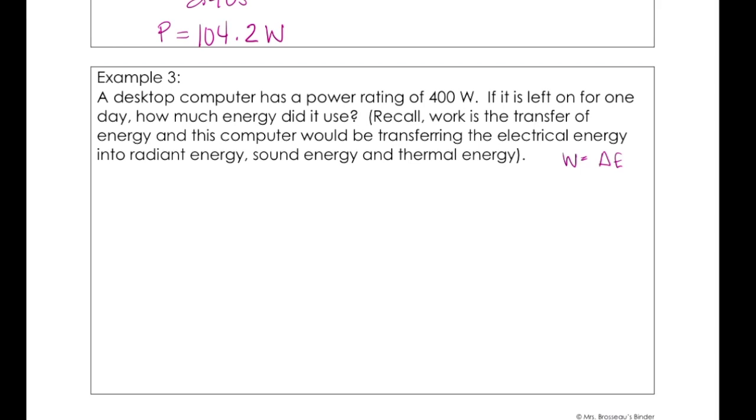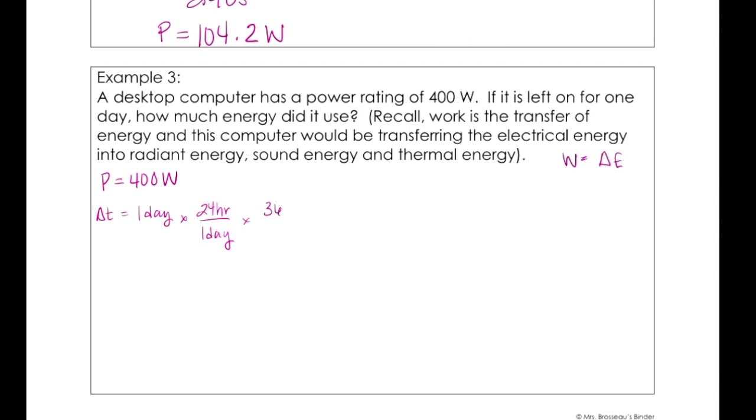It told us a power rating, so power is 400 watts, and it wants to know the time frame of 1 day. So delta T equals 1 day, which we convert: there's 24 hours in 1 day, and